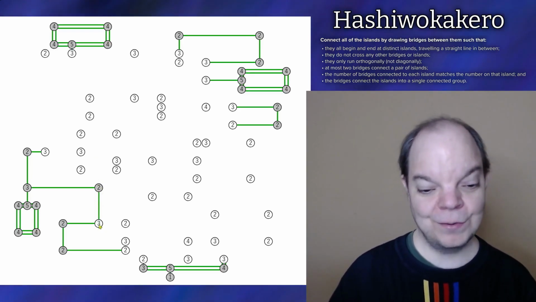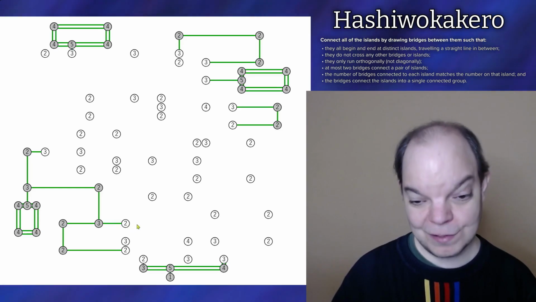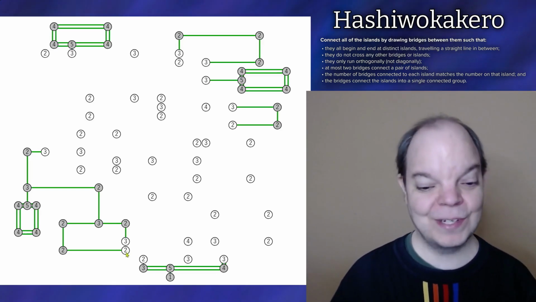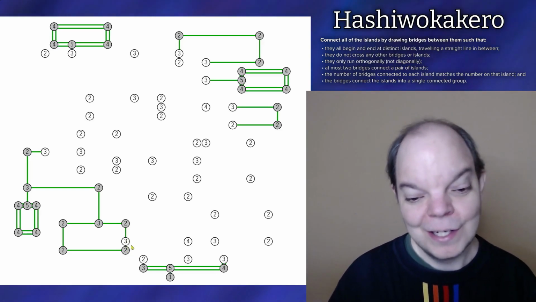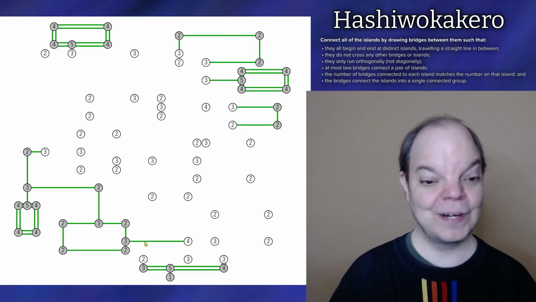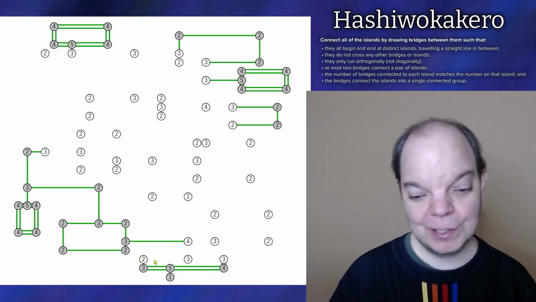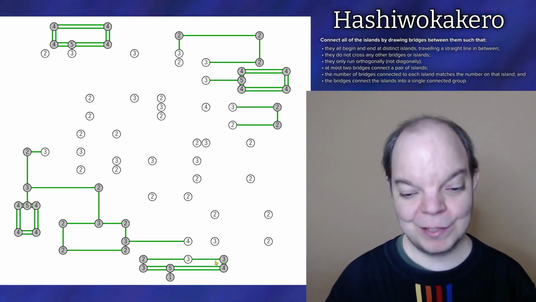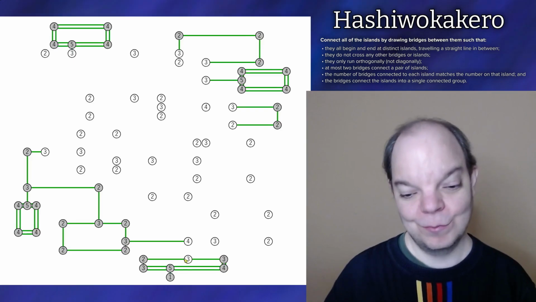And then this 3 only has 1 direction left. This 2 has only 1 direction left, and this 2 down here also has only 1 direction left, I could have noticed that sooner, which forces that 3 to go to the right. This 2 over here can only go in 1 direction. This 3 already has 2 bridges, and the remaining bridge can only go in 1 direction, which forces that 3